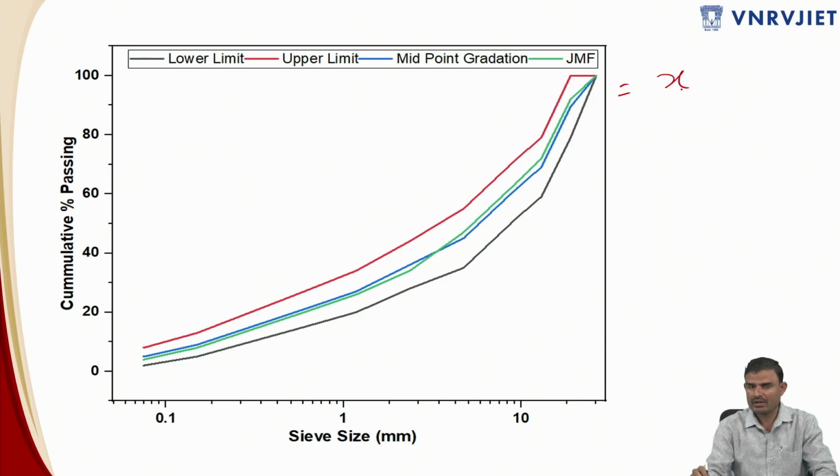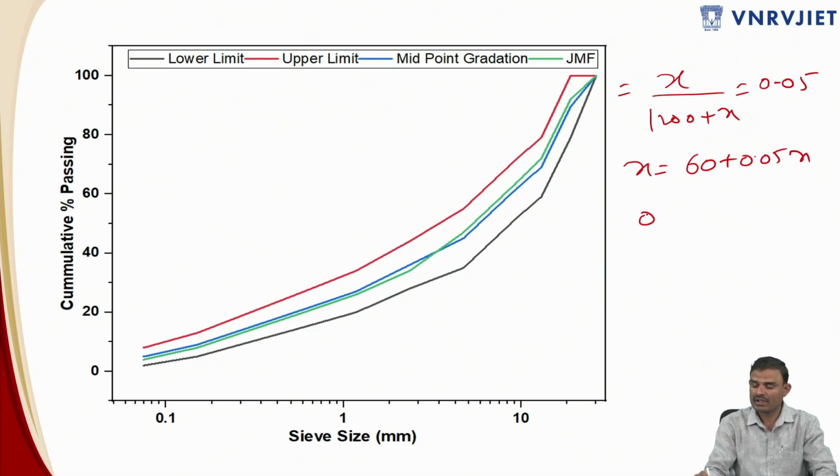I don't know the weight of the bitumen initially, so I will take it as x grams, and the bottom is 1200 grams of mineral aggregate, and the same weight of the bitumen is carried to the denominator. This should be 5%, so it is 0.05. Therefore x is equal to 1200 into 5%, which is 60 grams, plus 0.05x. So if I bring it over here, 0.95x is equal to 60. Therefore x is somewhere around 63 point something, 1 or 2